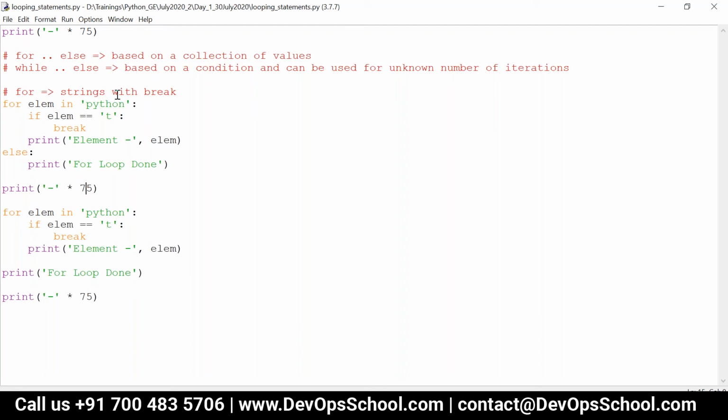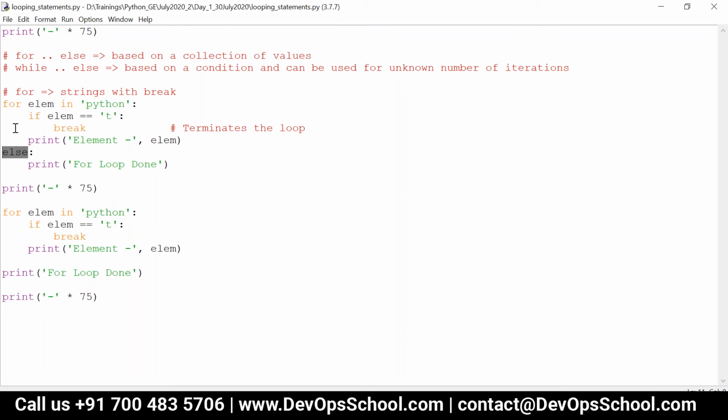So what is the purpose of the break statement here? Whenever the break statement is executed, it terminates the loop. It will come out of the loop. Okay, so in this case, what happens? If this condition is satisfied, it will go inside the loop and break will be executed. So break terminates a loop, that is, it comes out of the loop.